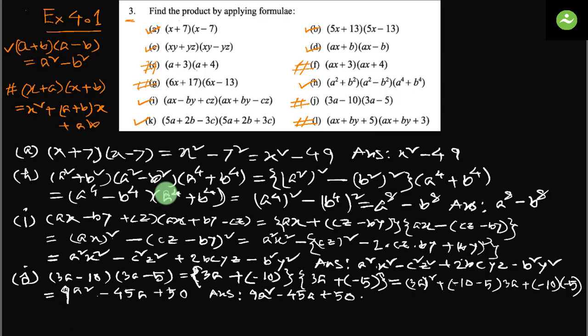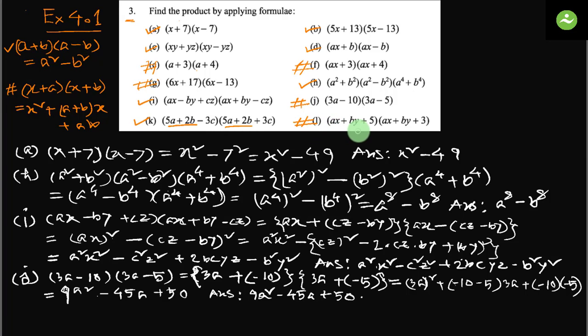The next one we can try, this is k. Looks like if 5a plus 2b, if this one is a, this is a and this is a, then a plus b and this is a minus b. Pretty simple. Then a square minus b square. If we apply a square minus b square, we get the result. And next one,